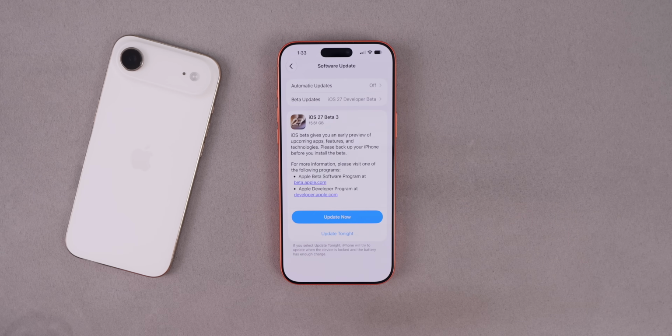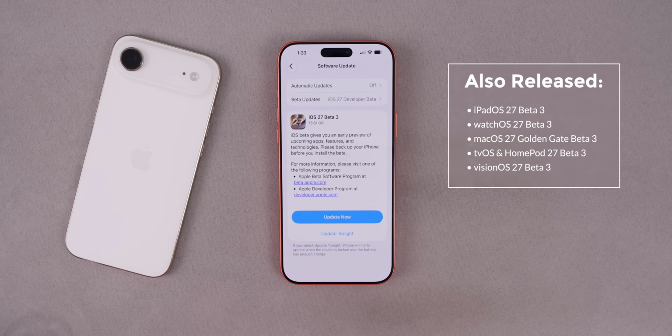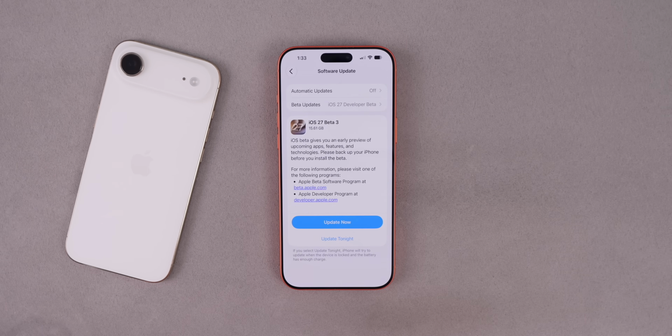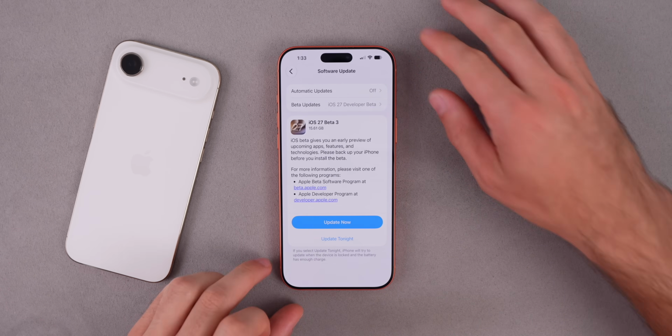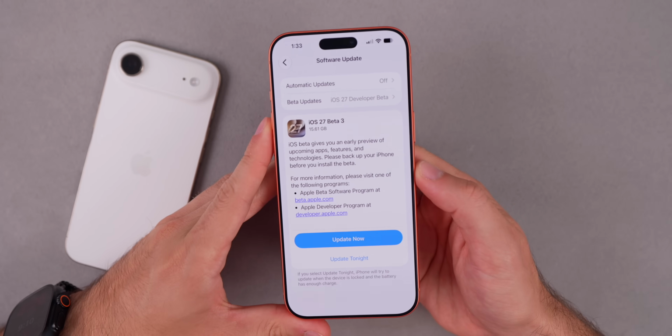Now along with this update, Apple also pushed out the third beta for iPadOS 27, watchOS 27, macOS 27 Golden Gate, tvOS and HomePod 27, along with visionOS 27 Beta 3. But of course in this video we're talking all about iOS 27 Beta 3 and everything new in the update,